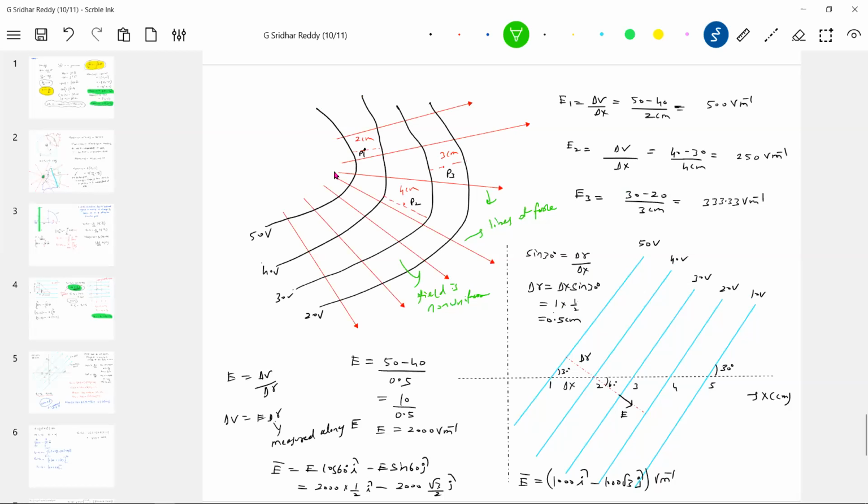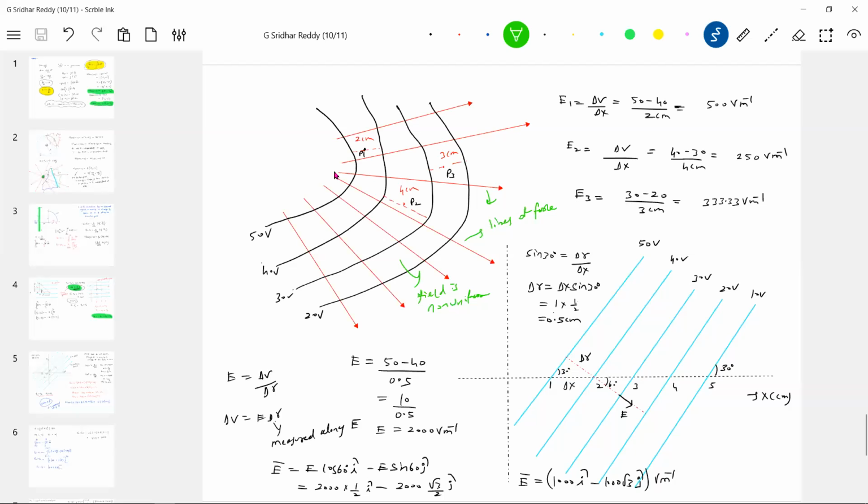Some books go to some very high level, which may not be needed for us, I feel. It's a purely mathematical one. Unnecessarily, books give plenty of numericals, but we just need some basic idea. If you know the equipotential surface, can you find out the field? If you know the field, what is very important?